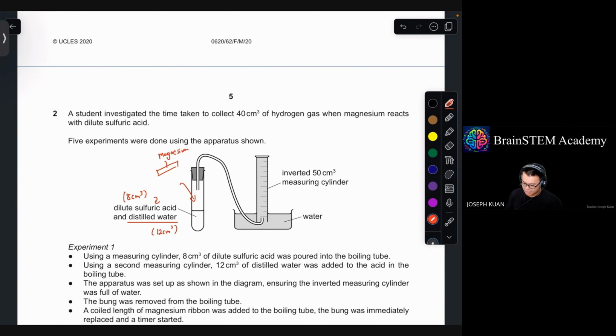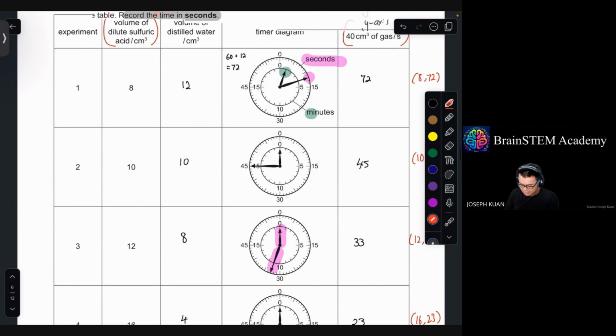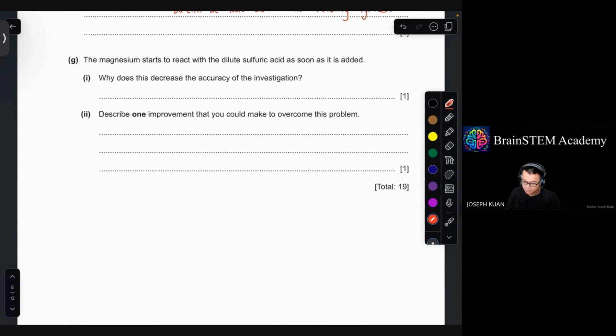And before you manage to put the cover on top of the test tube, some of the gas would have escaped. Right, unless you have fast hands, which is kind of impossible, right? So some of the gas would have escaped,